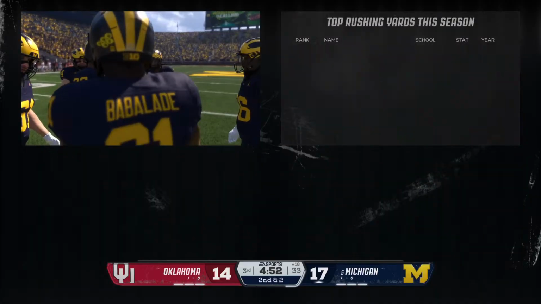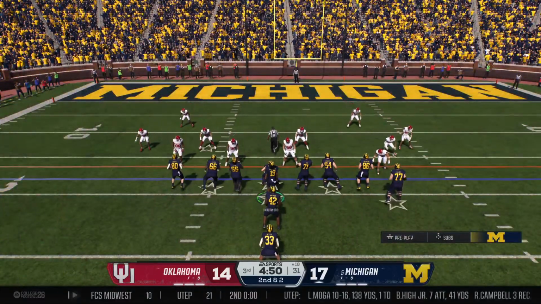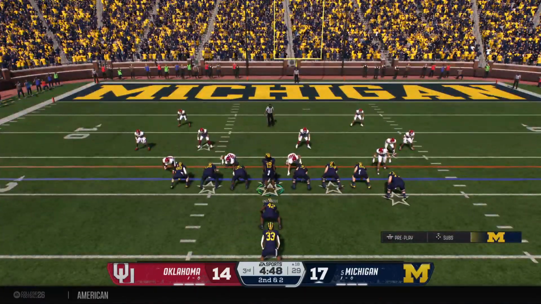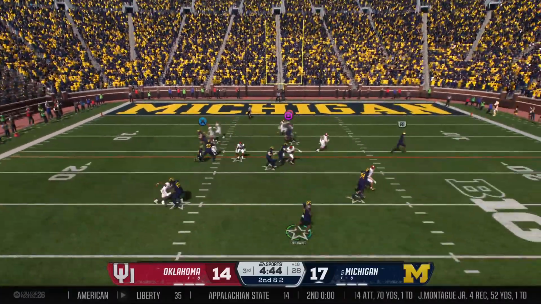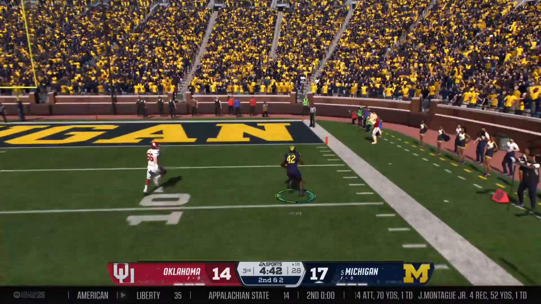Now, you've got the lead here in the second half. You want to run the football. You've got to just keep getting positive yards. You've got to keep the third downs manageable so you can stay on the field. Bryce with a lead, the clock, that's going to be the key.